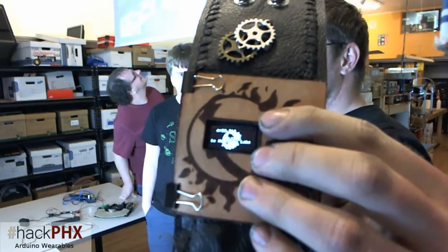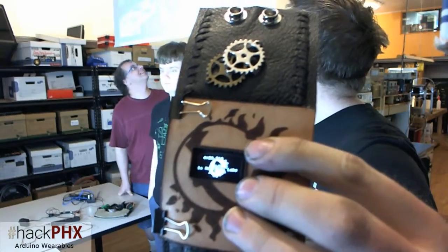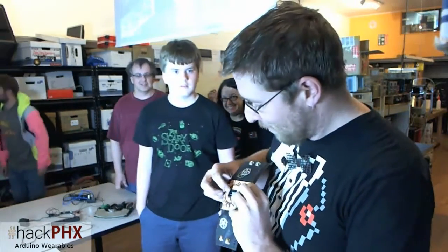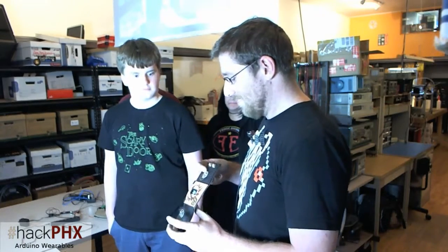So we're indoors right now, and it's not terribly happy with the GPS signal, so it's telling us that it's working on it. It's giving you a happy face when it's seeking them. Oh yes, there's a happy little emoticon at the end saying, "Kindly wait for us to get signal." And that's about it. It's a wrist...